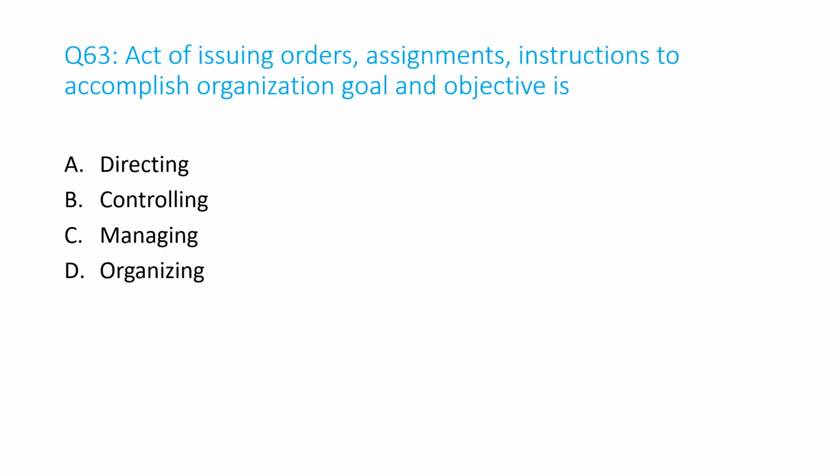Question number 63. Act of issuing orders, assignments, instruction to accomplish organization goal and objective is A. Directing, B. Controlling, C. Managing, D. Organizing. And the answer is